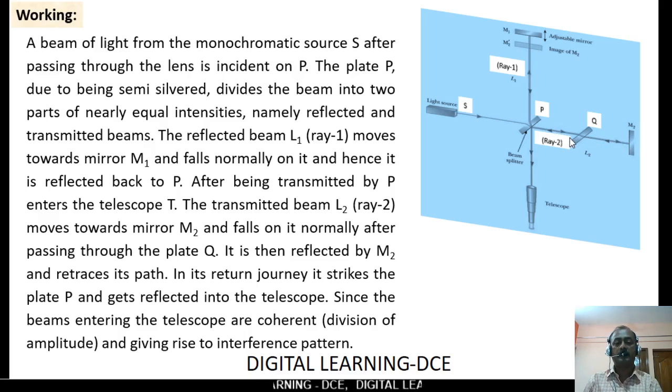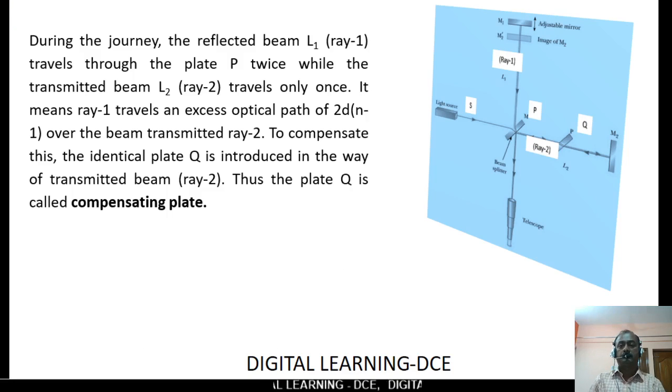In its return journey, it strikes the plate P and gets reflected into the telescope. Since the beams entering the telescope are coherent, that is, by division of amplitude, they give rise to an interference pattern. Let us see here. During the journey, the reflected beam L1, the ray 1, travels through the plate P